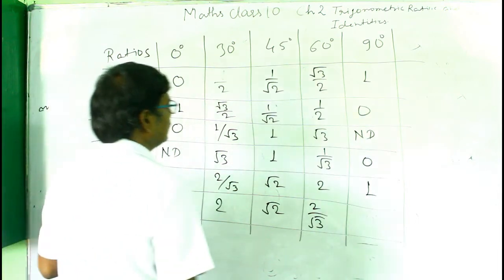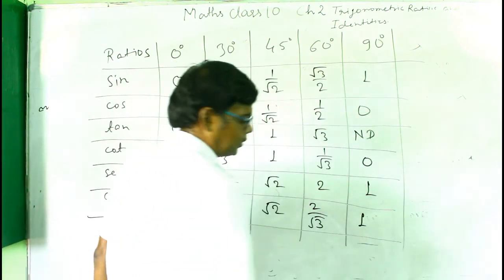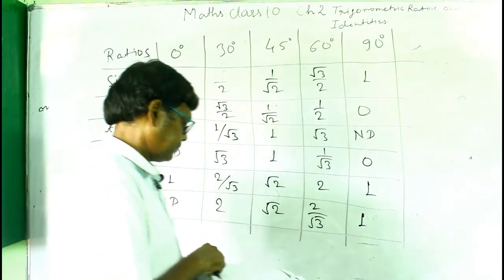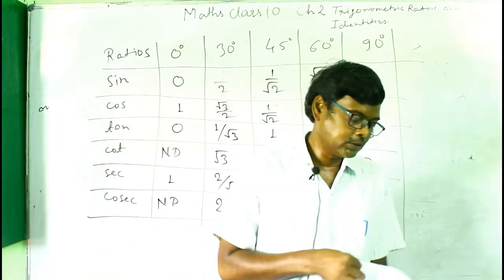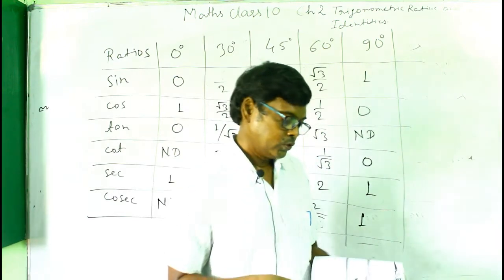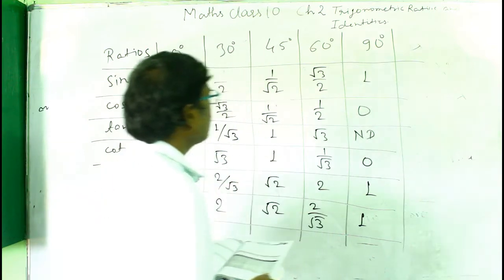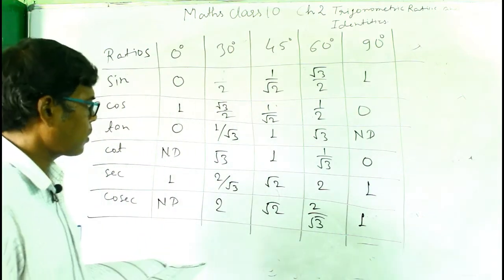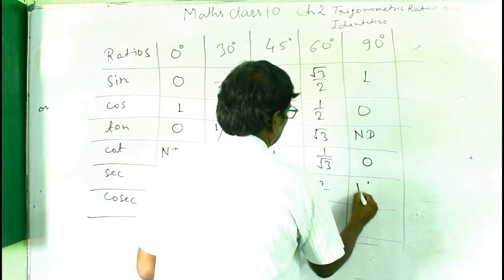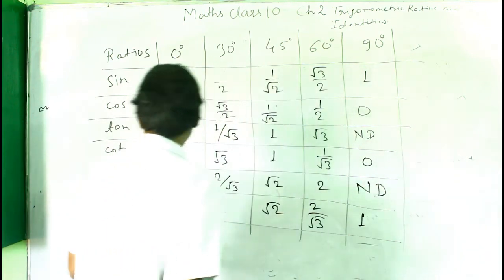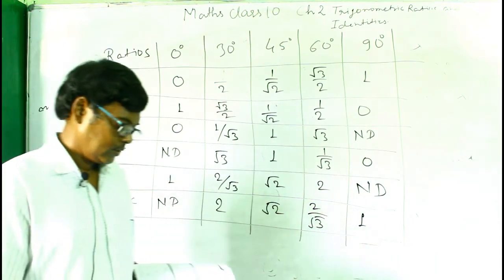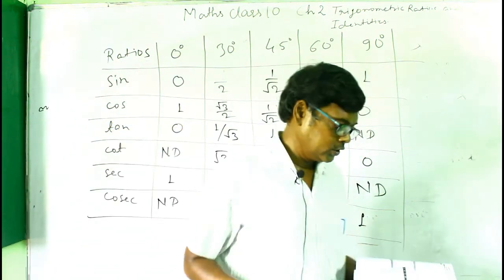So these are the values of this. These are some standard values, and these are used. Okay, so it is given here. Here it is not defined. Okay, this is not defined here. Sec 90 degree is not defined. Okay, yes, so now it is correct. So all these values are there.